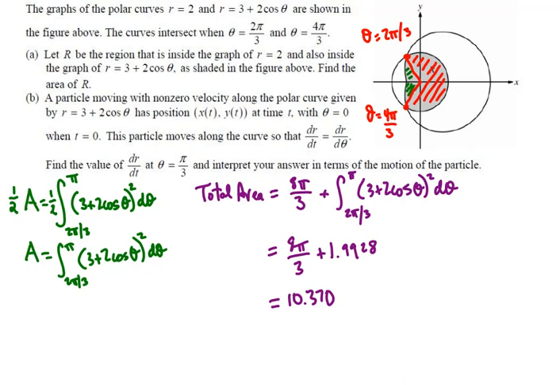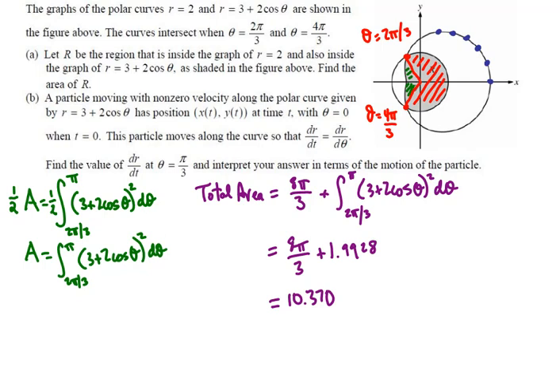So basically it's moving along the curve so that at time t equals 0 it starts with theta equals 0. Then as time goes on, the angle changes and the point is moving through the curve, as you can see. And so because the particle is moving along the curve, it has a rate of change to its motion, etc. And what we're told about this is that the particle moves along the curve so that dr/dt,